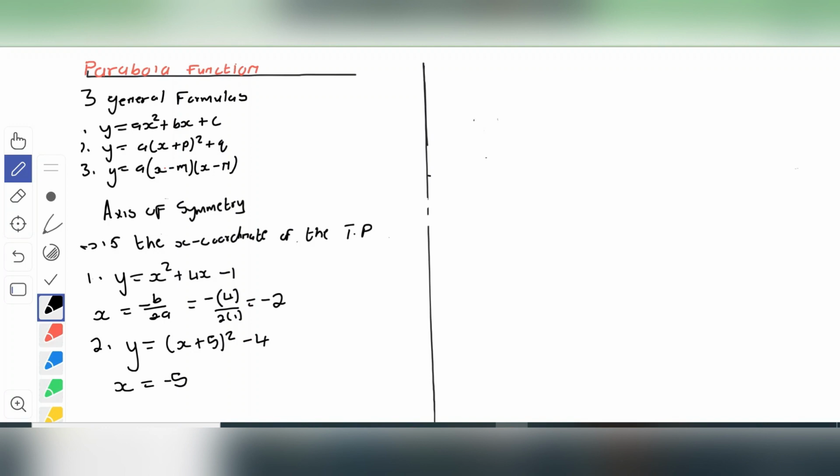We are done now with the axis of symmetry of the turning point. Now let's talk about